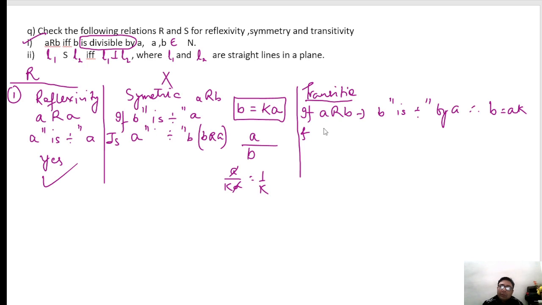And B R C means C is divisible by B, therefore we can write C is equal to, suppose, MB. So C equals M AK, right? Now we will test,